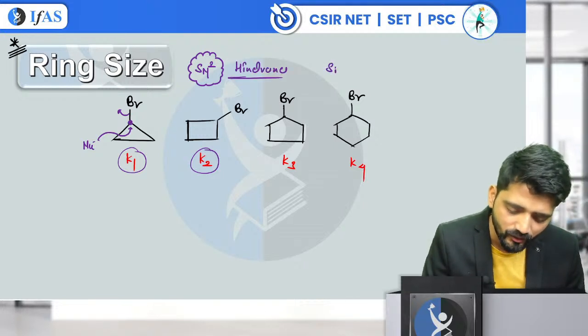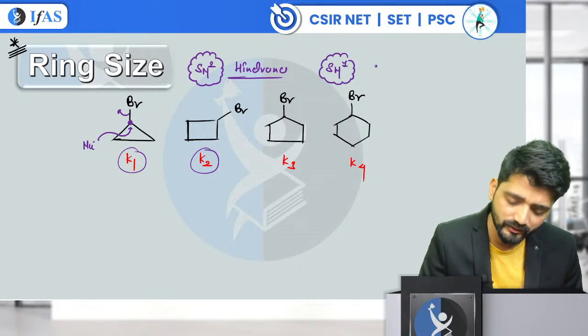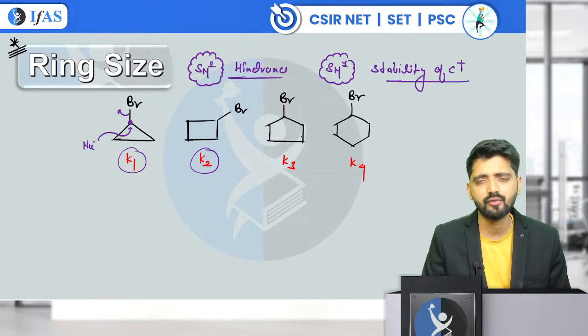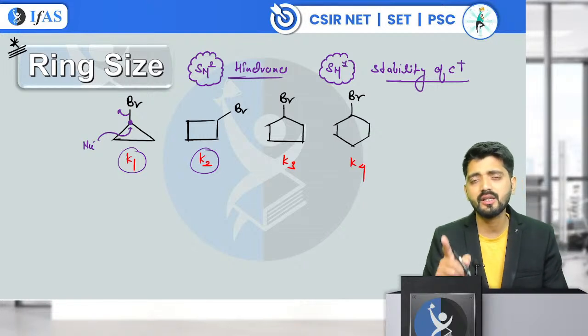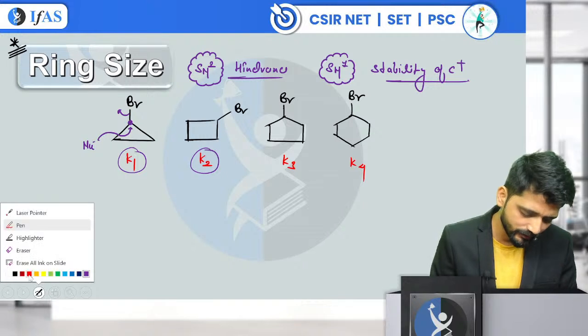Whenever we compare an SN1 reaction, the factor which works is the stability of the carbocation or the rate at which the carbocation is formed. These are the two factors which govern the rate order for SN1, and for SN2 the governing factor is always